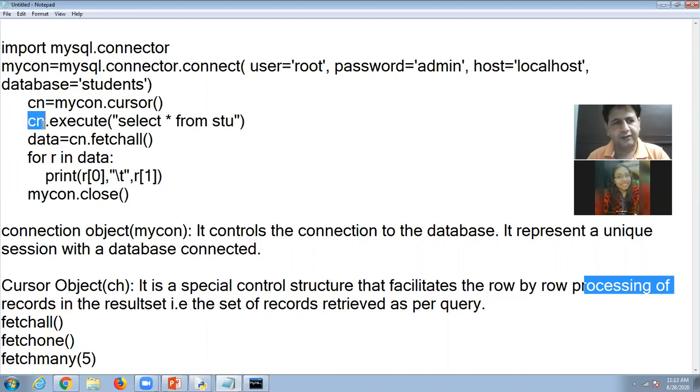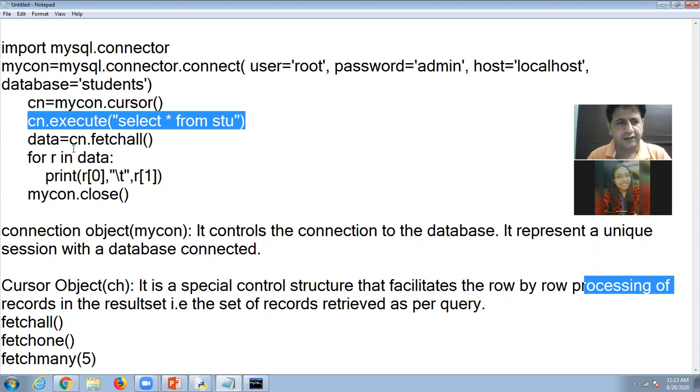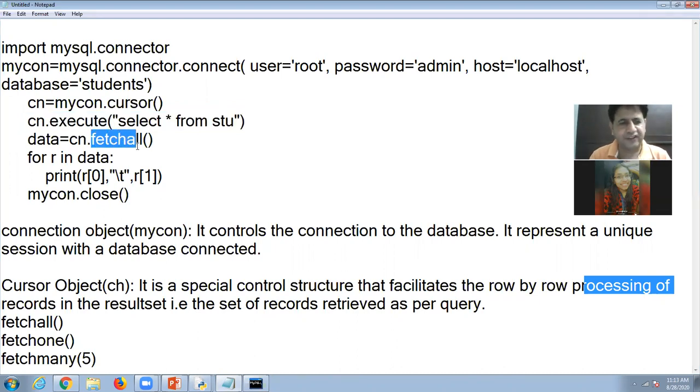Then we execute the query, and after that, from the record set, from a cursor, we will receive the data with the help of fetchall, fetchone, fetchmany, and after that, with the help of these functions, we display the data on the screen. Now I am going to show you one small project work.